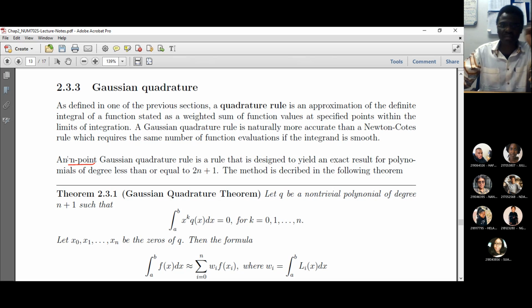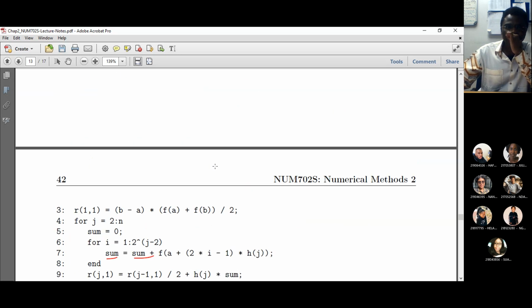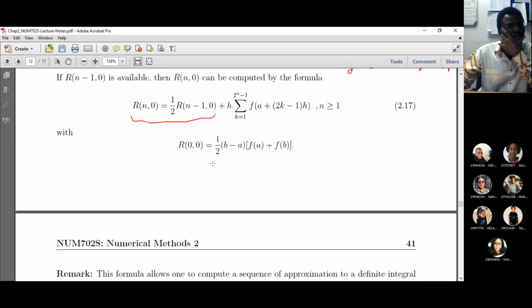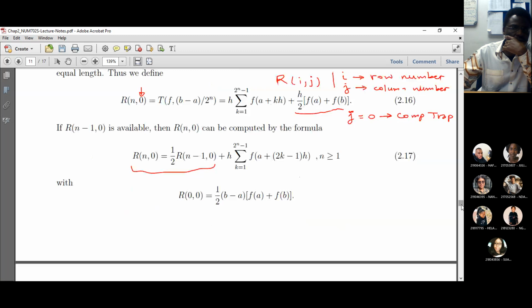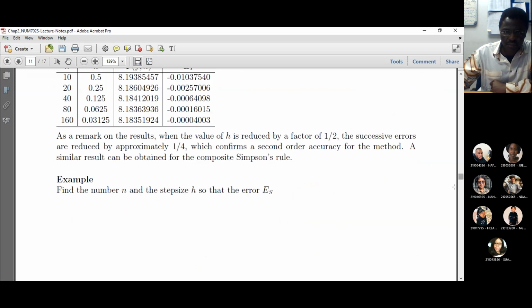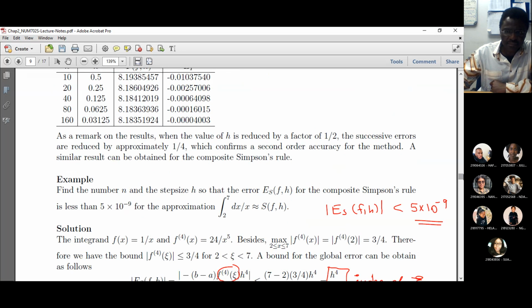So with the same number, if we go back to the previous one, we can see that the degree of precision is approximately twice the number of quadrature points or quadrature nodes, n, 2n plus 1. Now, if I quickly scroll back towards the beginning,